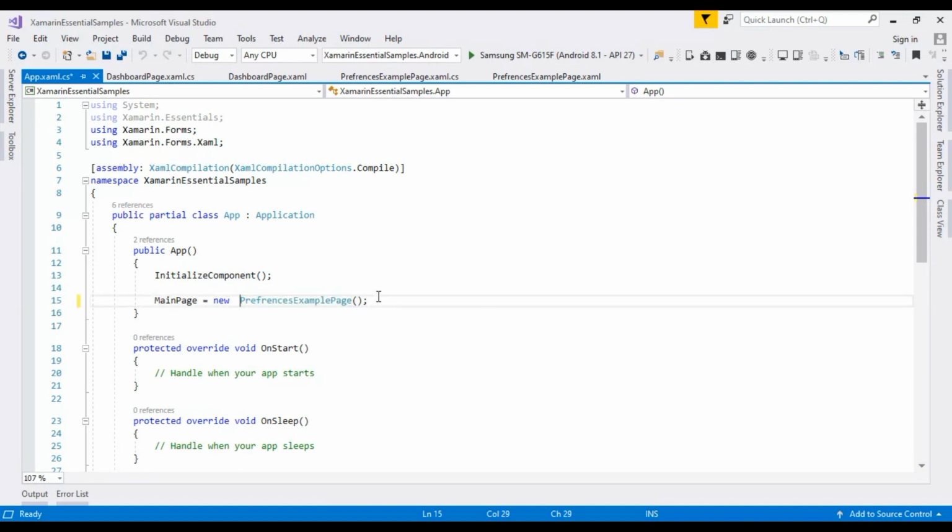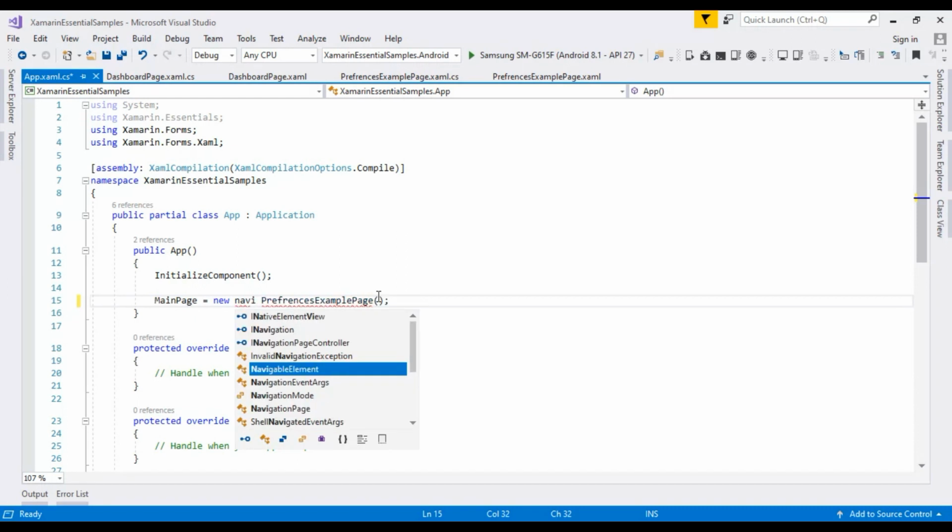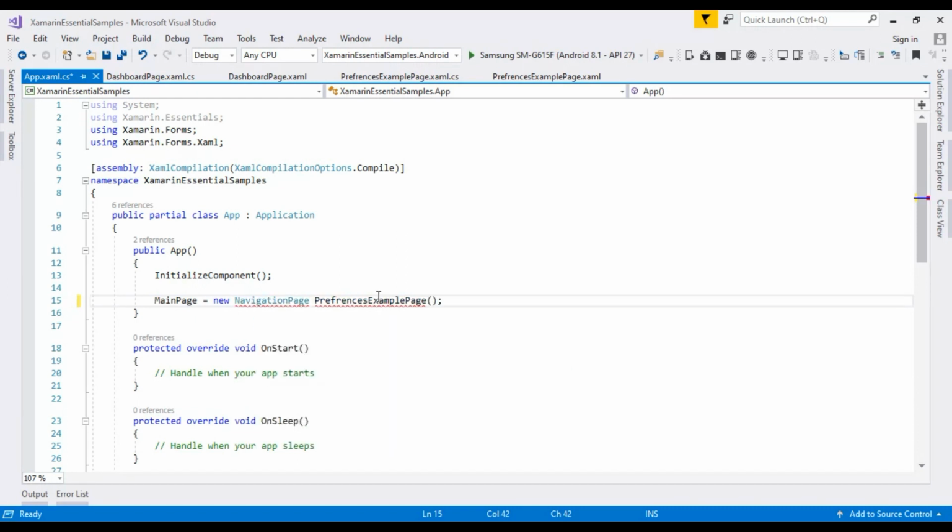So we need to use the navigation page for using the navigation stack, and we are passing this preferences example page. This preferences example page contains the login page. Okay, so after the first time, when we run our application, it will open this preferences login page.